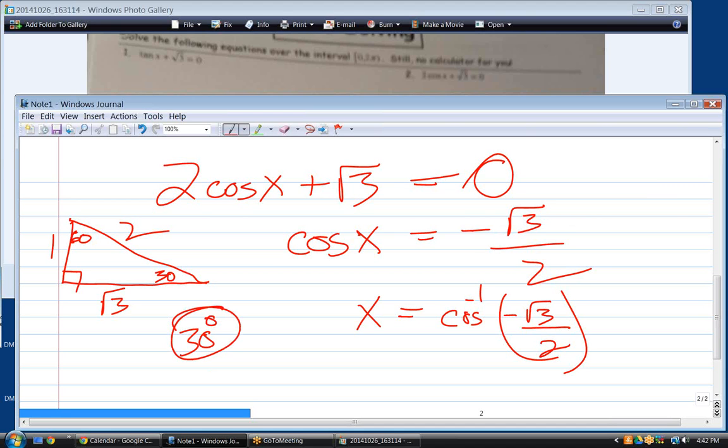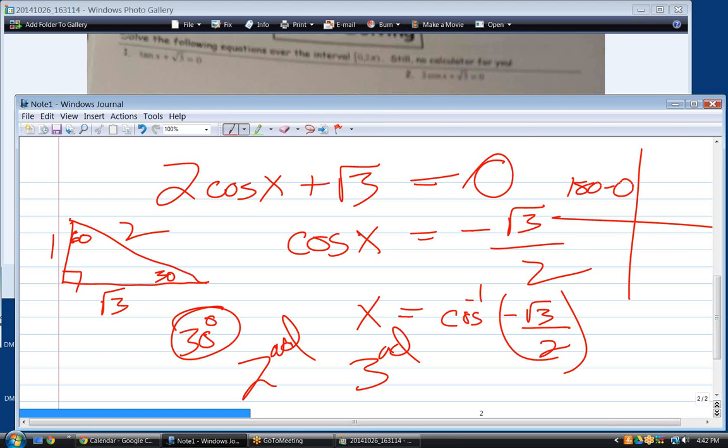So we need to figure out where cosine is negative. Which two quadrants? It's negative in the second and third. Okay, second and third. So based on that unit circle again, 180 minus theta, theta minus 180, which two angles in the second and third are going to be the equivalent of 30? It's going to be 150